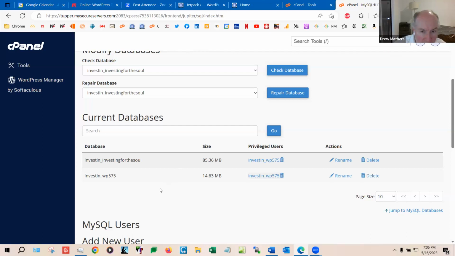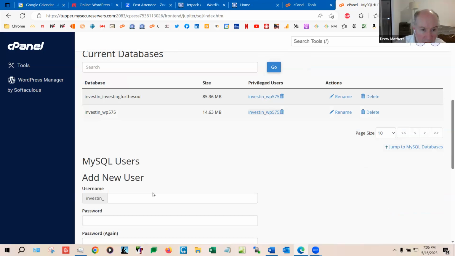The next thing I want to do is something that you really shouldn't do in a public forum. I was going to go into the WP config file and see which database it's pointing to, but we don't want to do that because this is being recorded and going on YouTube, and that would expose your database password.